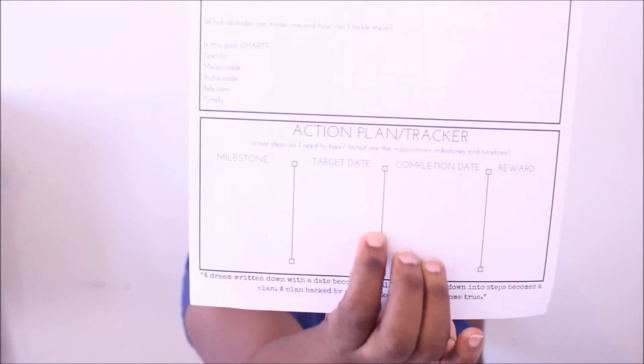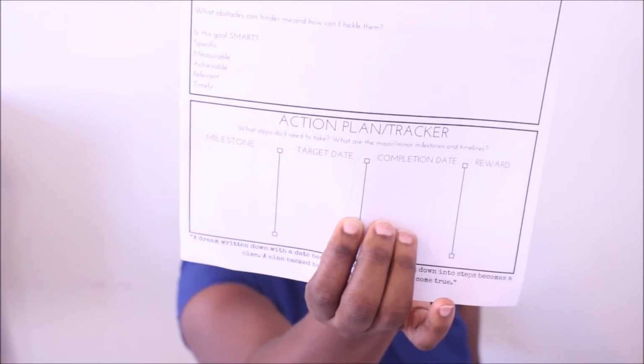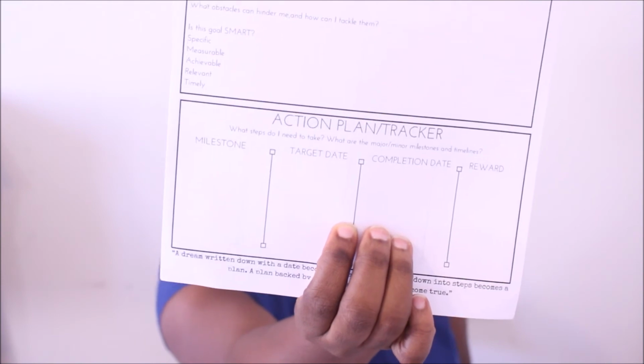And then you have the action plan / tracker, and it's basically helping you measure out how you're going to implement and track the goals. I don't know if it's going to show properly, but it writes down what the milestones towards achieving the goals are, what the target dates are, and then whenever you complete them, put your completion dates down and reward yourself, because it's not easy to achieve all your goals, so reward yourself whenever